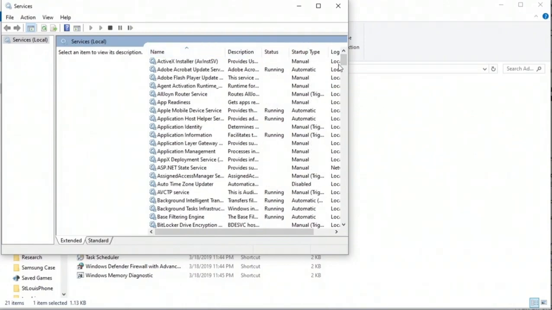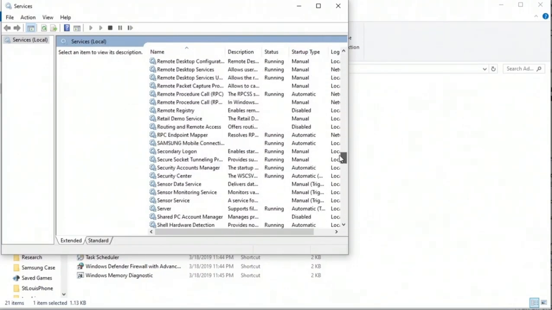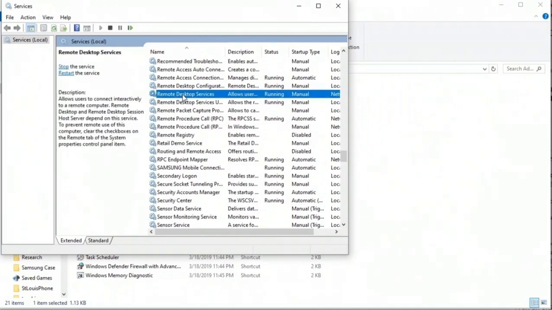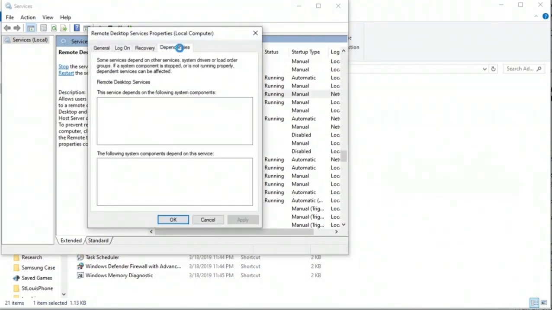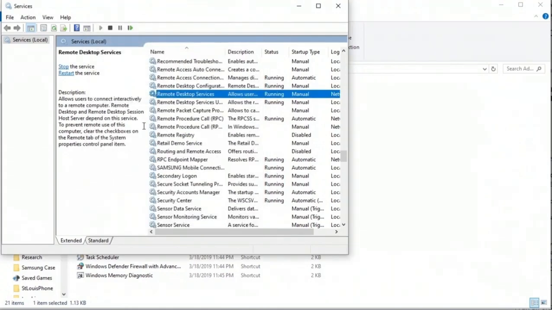But I'm going to use name sorting, and I'm going to come right down here to one that often gets overlooked. Remote Desktop Services. Now, as soon as I click on it, it tells me what it does. So you can immediately decide, do I want this or not? Now, if I open it up, I get more information like dependencies. Are there other things that will fail if I turn this off? So be careful, and if A, you think you might use it, don't turn it off. If B, there are other services you do need that are dependent, don't turn it off. But if you don't need it, turn it off.